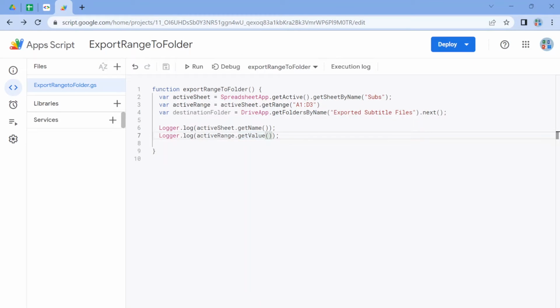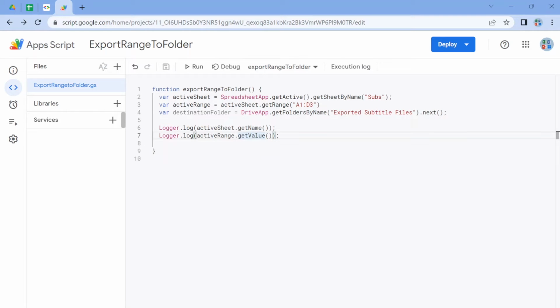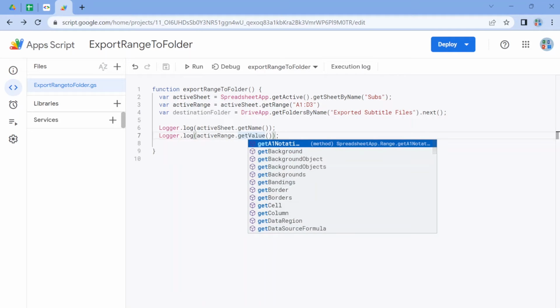By the way, if you want to understand more about what kind of suggestions and tips you can get, anywhere after the dots you can press Control Space, and it's going to show you all of the methods you can use with this active range.